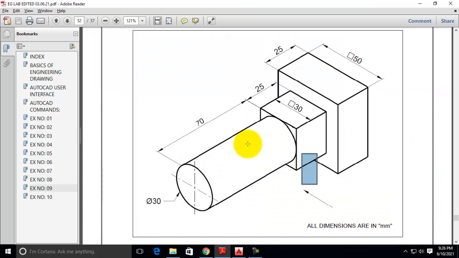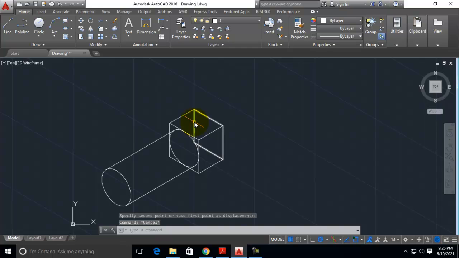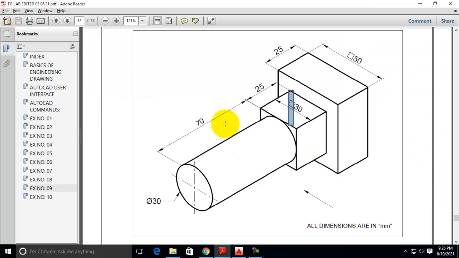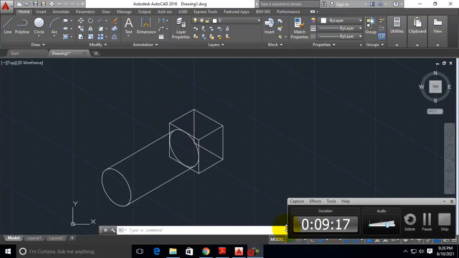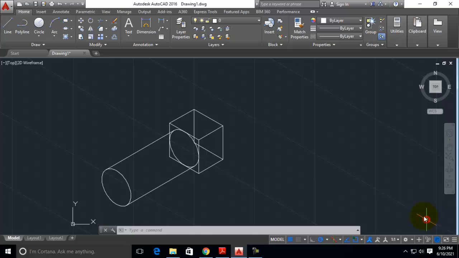Now we have completed this component also. Now you need not trim the line that is coming over here, that is this line and all, you need not trim right now, you can trim it later. Now complete this cube also. This cube is for a dimension of 50 units length and a width of 25. Similar to this drawing, again draw the same. Now you draw another cube the same way by using the line option.